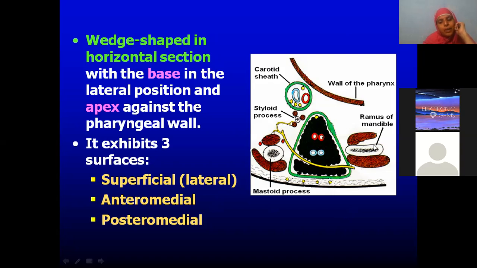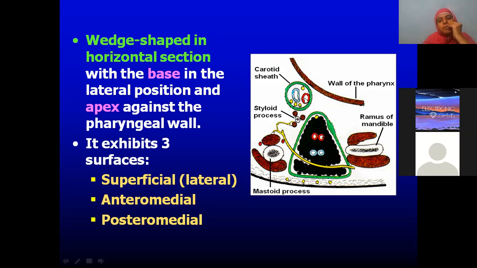Few structures we can understand better with the help of the picture. This is the ramus of the mandible. What are the muscles attached to the ramus of the mandible? Do you remember? Head and neck is over, no? We have masseter and medial pterygoid. Outside we have masseter, inside we have medial pterygoid. Attached to the mastoid process, what is this muscle? Sternocleidomastoid. We also have the posterior belly of digastric. At the styloid process, we have three muscles attached, all starting with stylo: stylohyoid, styloglossus, stylopharyngeus. So this is carotid sheath with its contents.